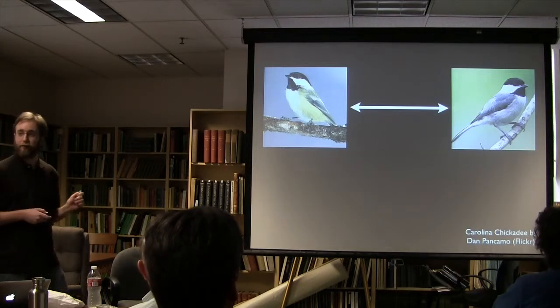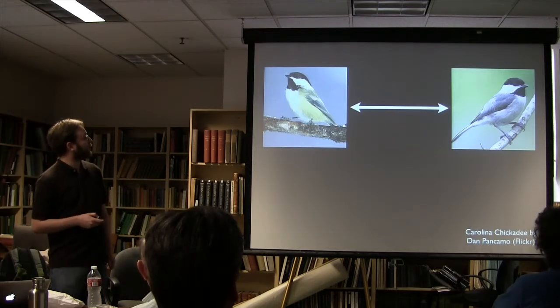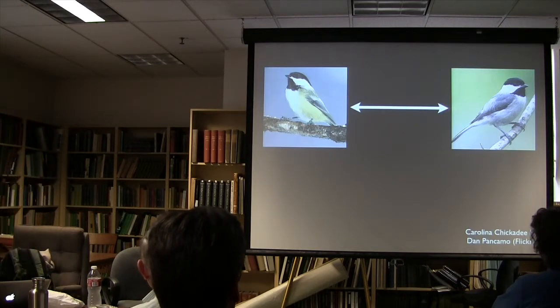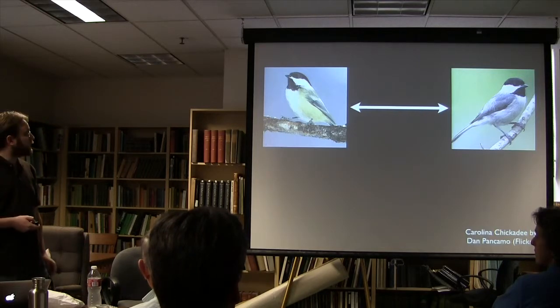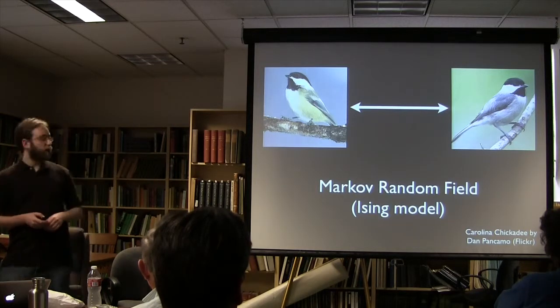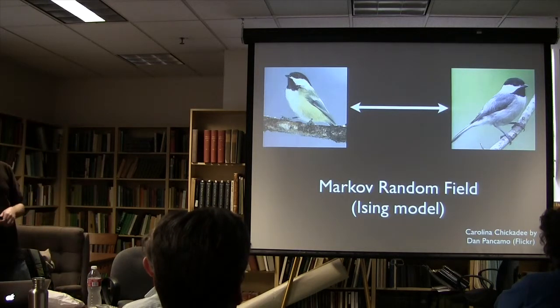There are trained birders that have trouble telling them apart, so I feel a little bit better about that. And according to the model I just showed you, these should co-occur a bit more than they do. One possibility is that they're competing. And I've built a model based on something called a Markov random field, a specific version of it called the